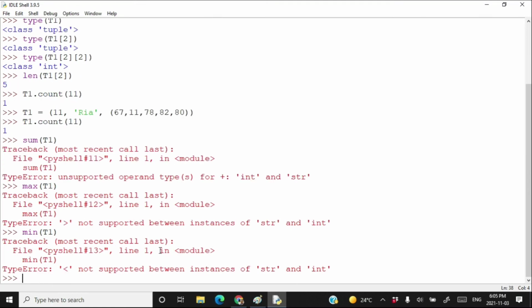So that's all about nested tuples in Python for class 11th. Everything we have discussed in nested lists is also valid for nested tuples. If you have gone through the nested lists, I think you feel much more comfortable with nested tuples too.